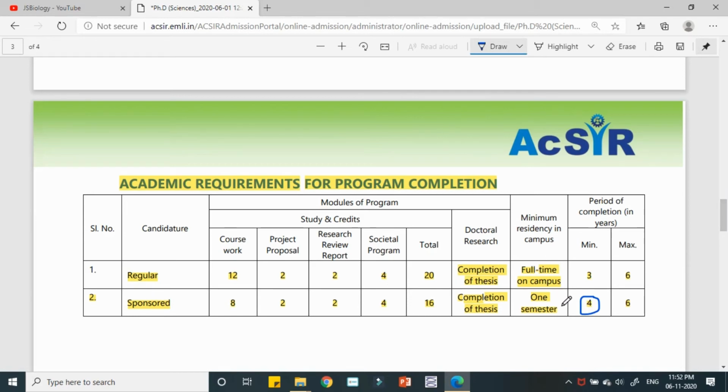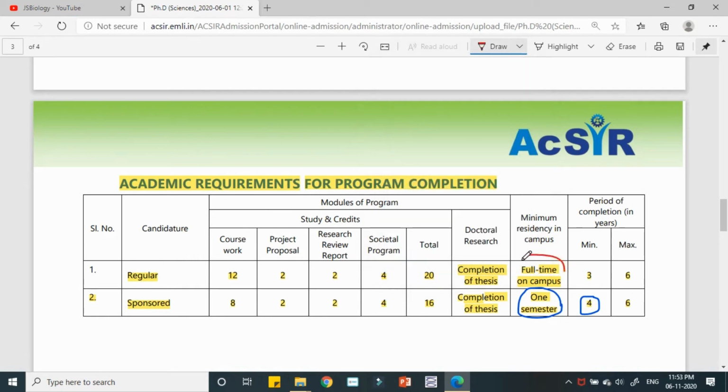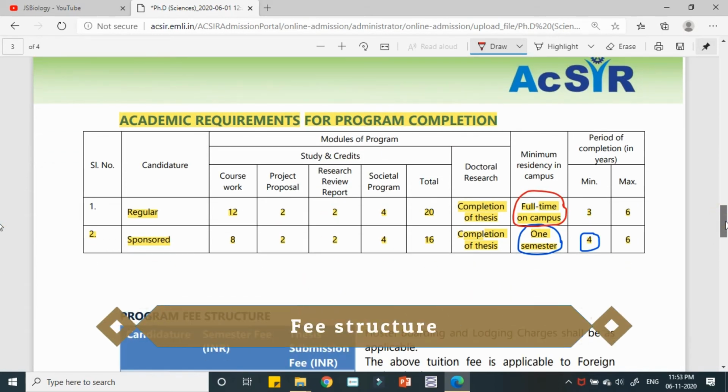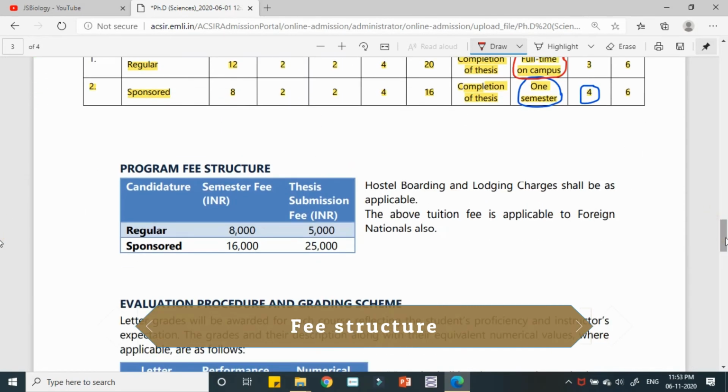Another thing is a sponsored candidate should spend at least 1 semester on the campus, whereas the regular candidate should be there on the campus for the entire time, for the entire 3 or 6 years, or in between. And very important,